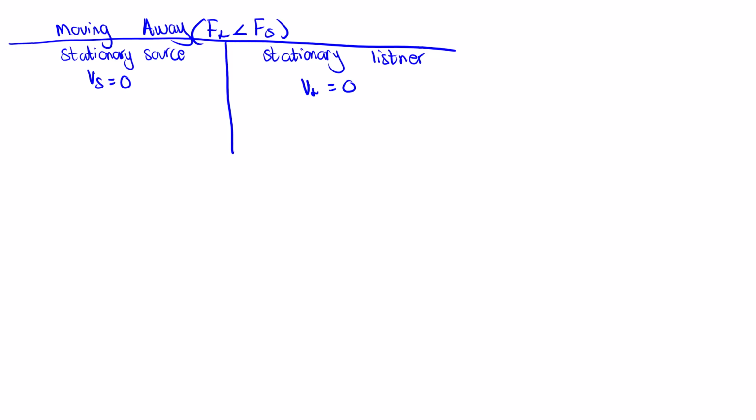So I hope you can differentiate: when the source of sound is approaching me, or when I am approaching the source of sound, I'm going to register a higher frequency than the frequency of the source of sound. But when the source of sound is moving away from me, I am going to register a lower frequency than the frequency of the source of sound, right? So because right now the frequency of the listener is less than the frequency of the source of sound,